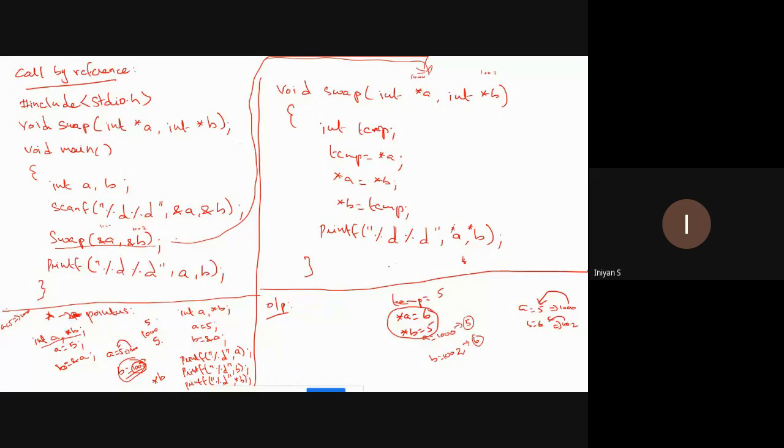Now the control will go here, right? Now tell me the output. Initially A value is 5, B value is 6. After that it is swapped. Next it is printing B, here you put backslash n. Now tell me, what is the output here? This A, B is also the swapped value, 6, 5. How many of them are telling 6, 5? How many of them are telling 5, 6? All are telling 6, 5, because we're taking the